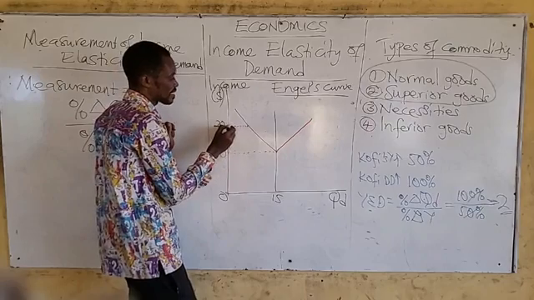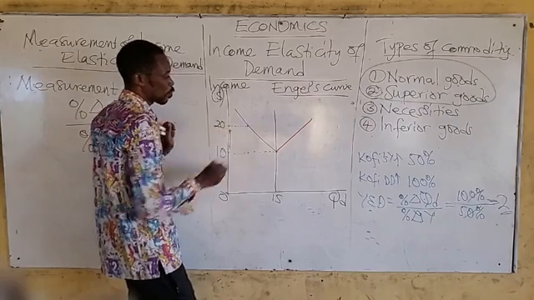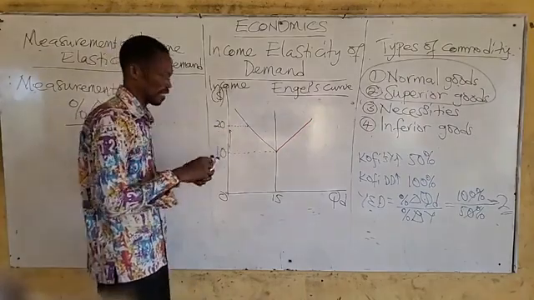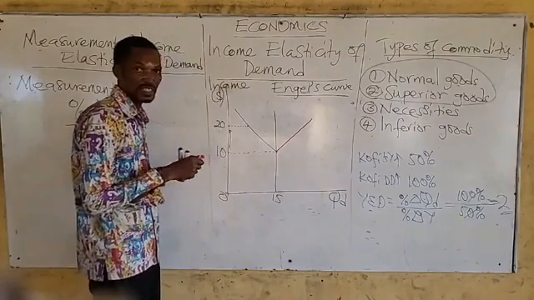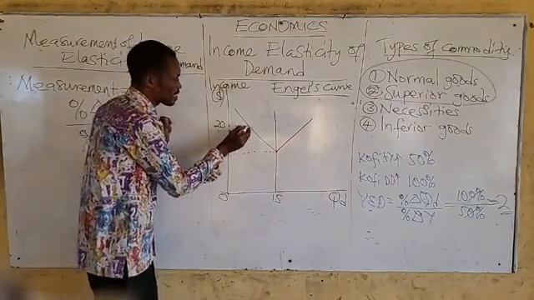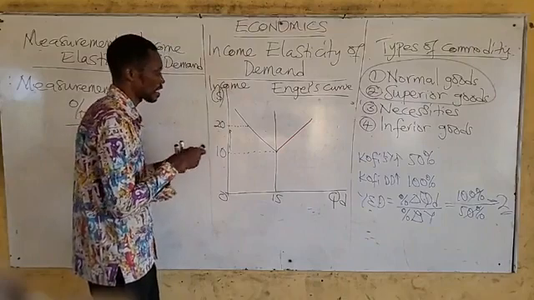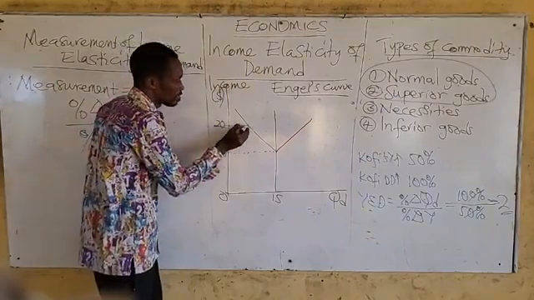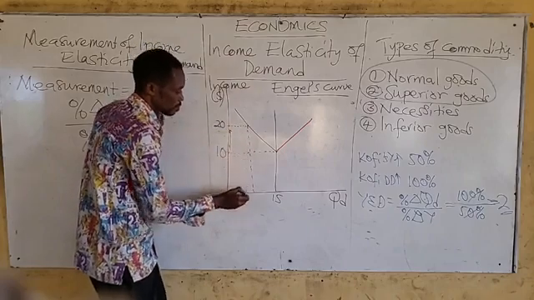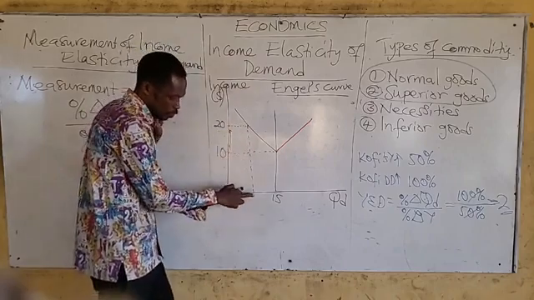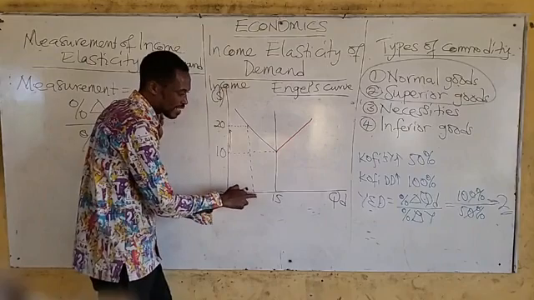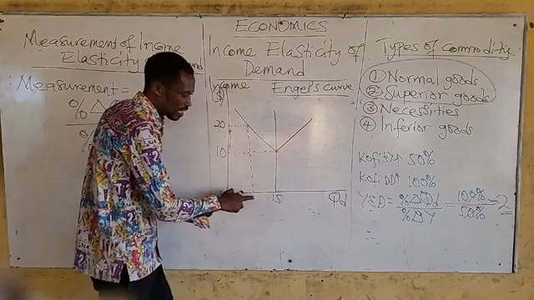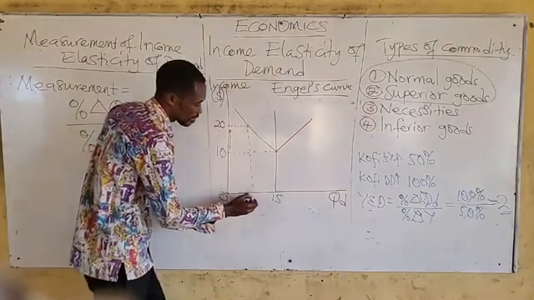When I trace this line from 20, it has touched a particular curve, and that curve is the blue one. Let's see the quantity Kofi is buying. Once it touches it, you bring it down to get the quantity Kofi is now buying at $20. You realize that once you are here, it should be something less than 15. And let's say it's 12.